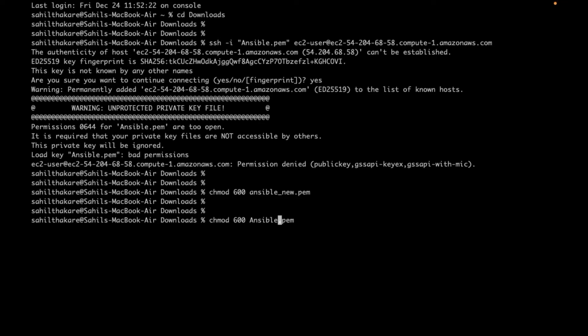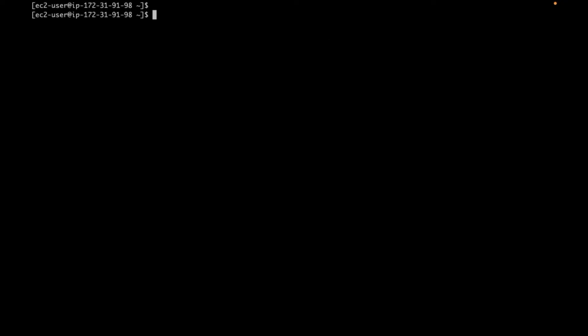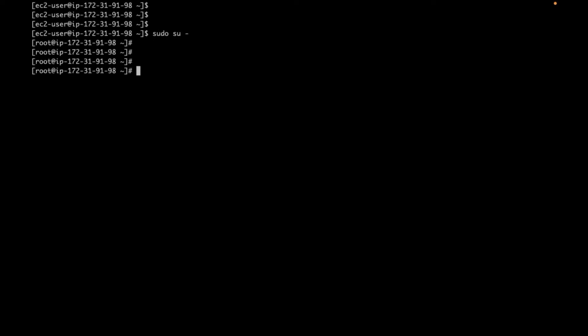Okay, so this is my key. That's what I'm doing, I'm just changing the permission for my key, nothing else. Let's try to log in again. Yeah, now this time you will be able to see that finally I'm inside my machine. Let me just become the root here, and now I have successfully become the root